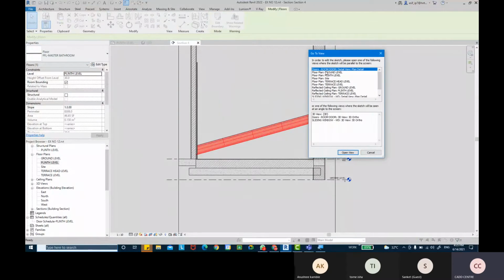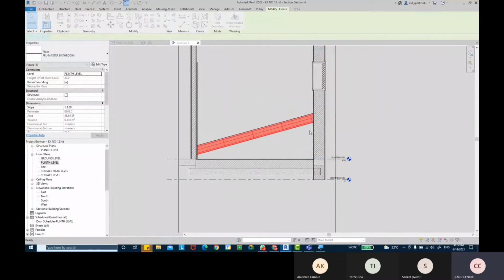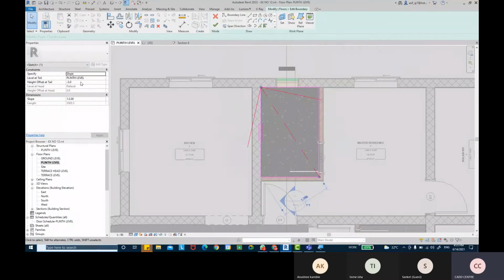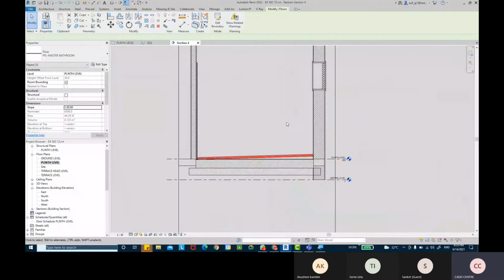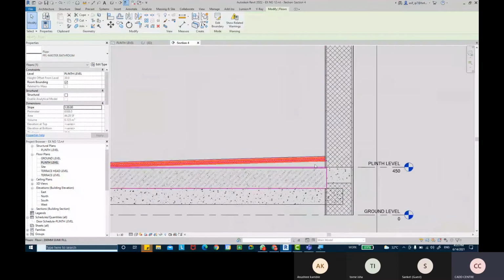And the boundary, floor plans. We can give the ratio. It's coming upwards, so let's change the ratio only.